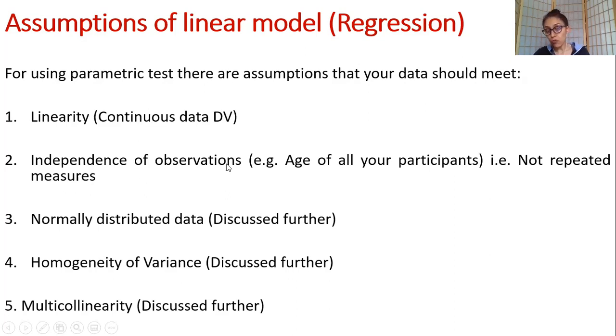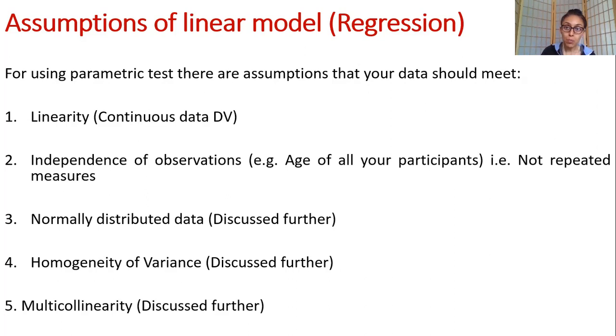Then you have independence of observation. What does this mean? It means your data set is, say, a cross-sectional snapshot, meaning each of your participants is measured at only one time point. Okay, so you went to a school and you measured, say, the heights of all school children once. All right, but if you have taken dietary data from every individual 3 times, meaning you are reporting 3 dietary data for one individual. Okay, now this is called repeated measures.